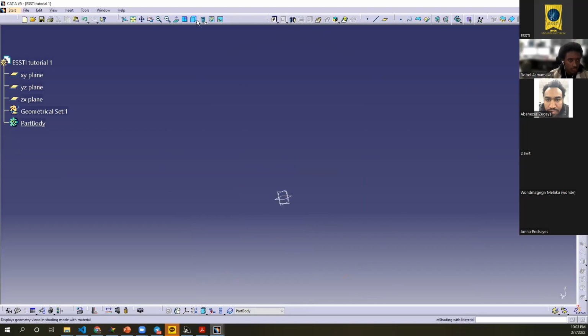Now I press the isometric view to get to the isometric view basically. And now let's first make a plane. Okay, so elements, they are very, very important. Whenever you want to make a drawing, you either use a plane or a point or a line. So in this case, I want to show you one last thing. Let's say I select the YZ plane, and then I press